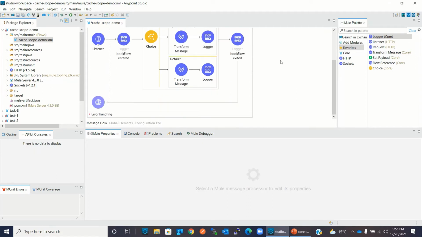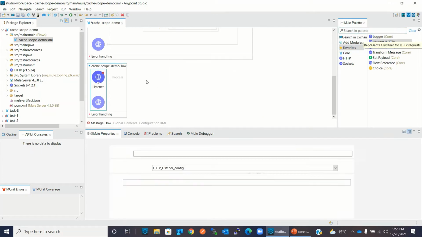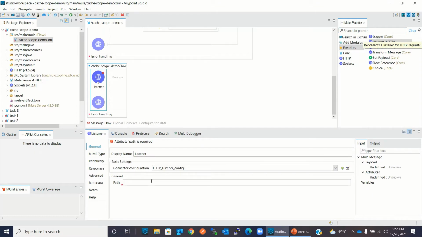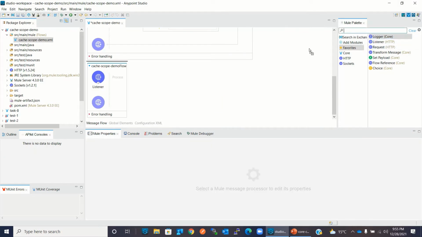Now I will create another flow that will call this flow. So I will drag an HTTP listener. I will give the path library. I will add a logger here.